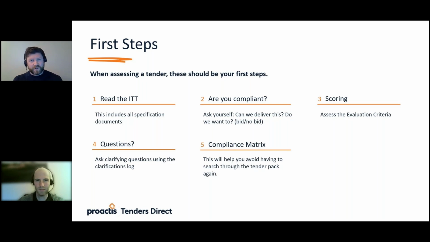The ITT, it's the context, it's the backdrop, it's the shape of the bid. It lets you know what you're being asked to deliver, where, to whom, under what conditions, and to what standards. Now, obviously, there's going to be a lot more information than that, but it really gives you the shape and the scale of the tender opportunity. So worth knowing. It will also, or should also, give you a little bit of context to the buyer and the need behind the opportunity.